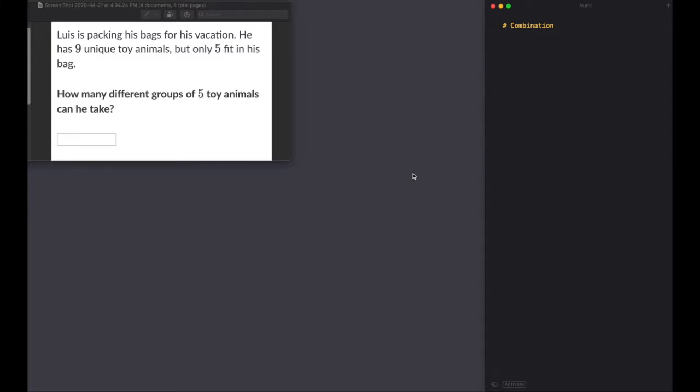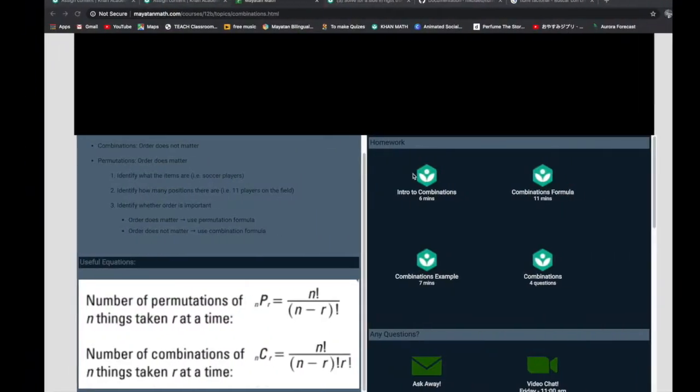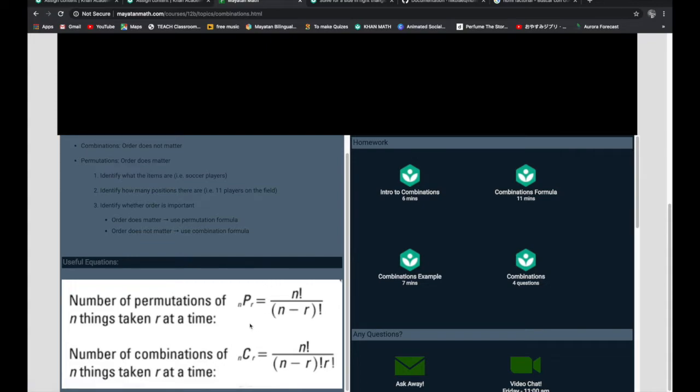This video is going to be on combinations. So combinations are similar to permutations. This is our permutation formula over here, but combinations are slightly different in that they have this extra r factorial here. Now, before we deal with the formulas, let's just talk really quickly about the difference between a combination and